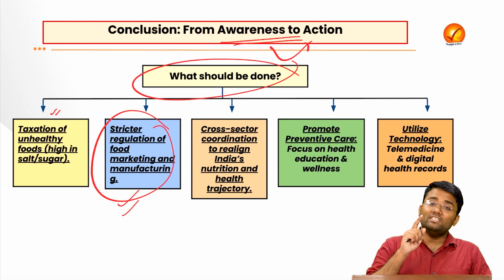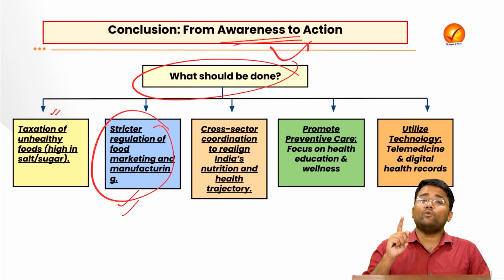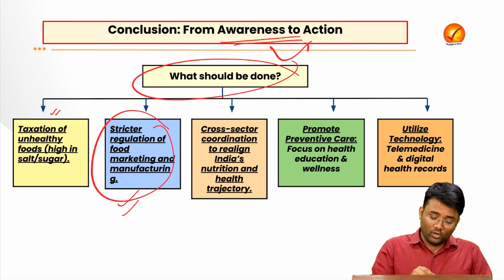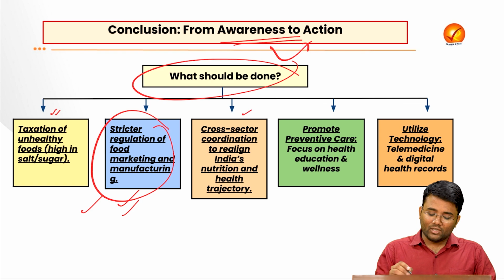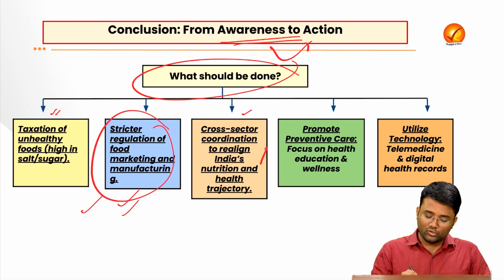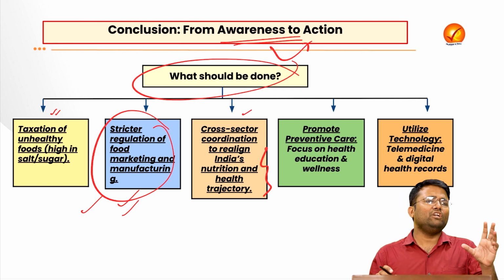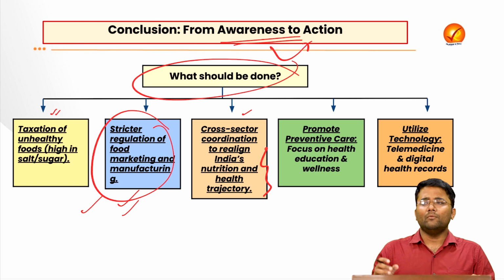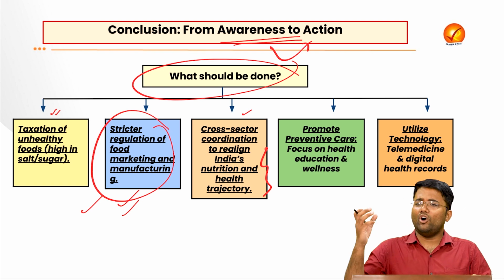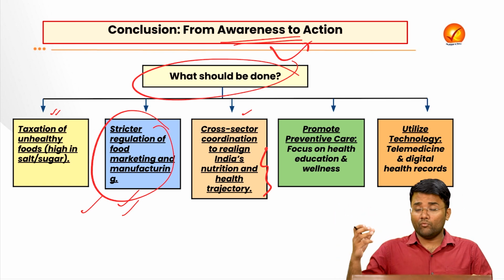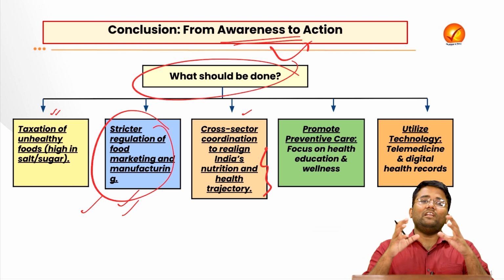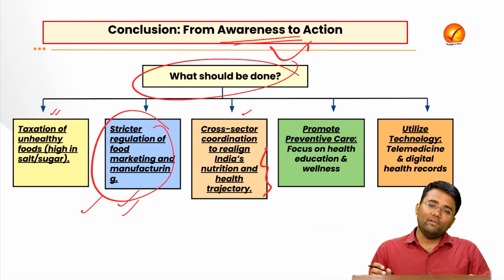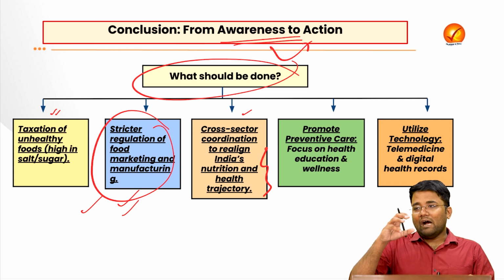That is the reason there is need for a strict check, there is need for a proper oversight mechanism that will actually help in addressing the illegal food adulteration that is happening. Also, there is need for cross-sector coordination to realign India's nutrition and health trajectory. There is need for coordination between Ministry of Health, Ministry of Youth Welfare, Ministry of Women and Child Development, Ministry of Education, Ministry of Health, because when they will be coordinating properly, it will ensure that our